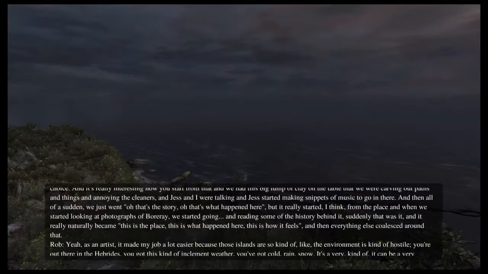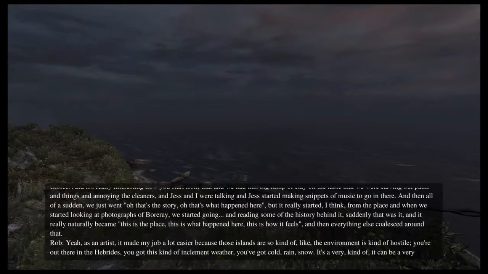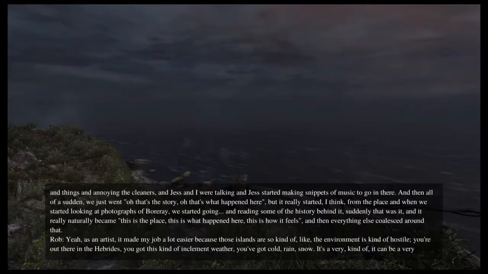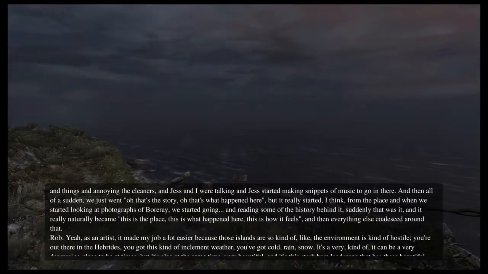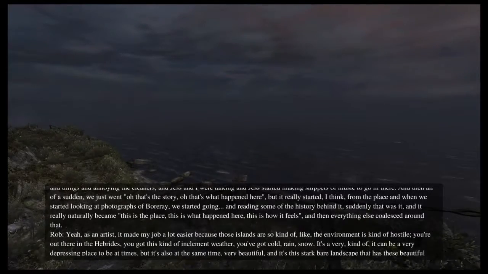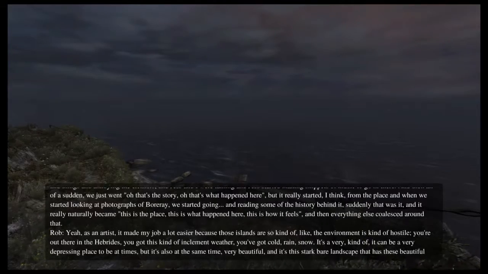Yeah, I think as an artist it made my job a lot easier, because the environment on those islands is hostile. You're out there in the Hebrides, you've got inclement weather, cold, rain, snow.